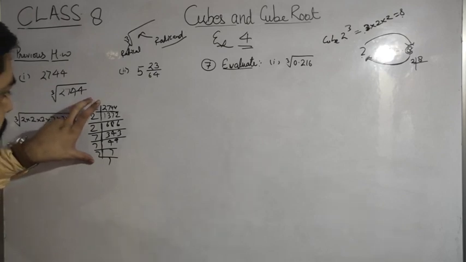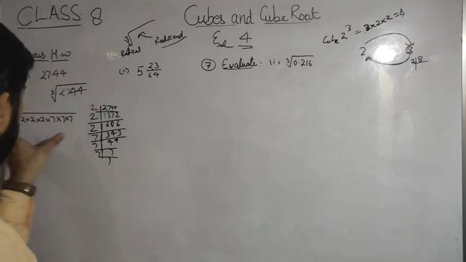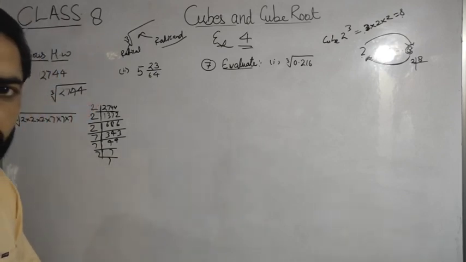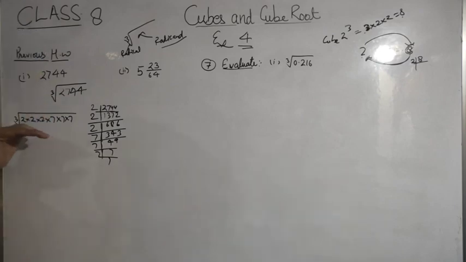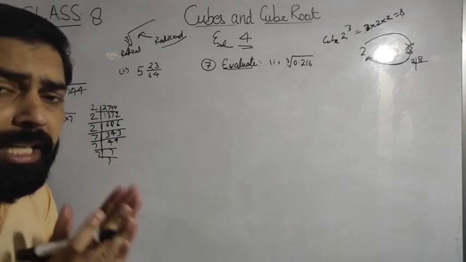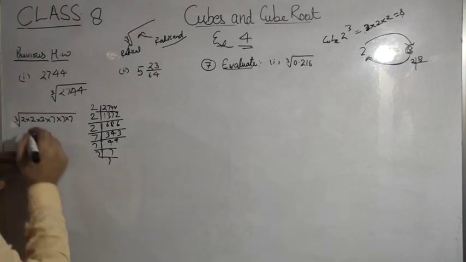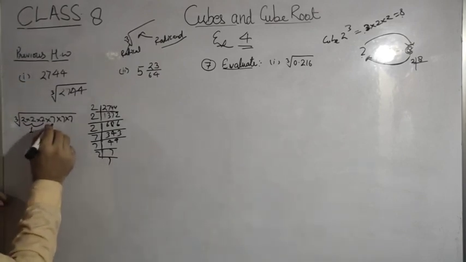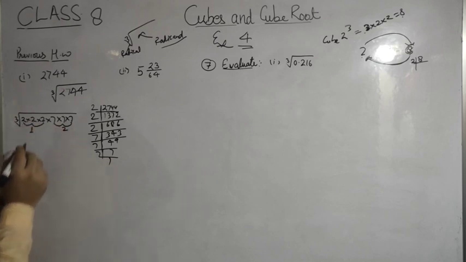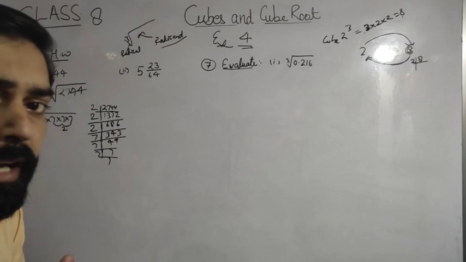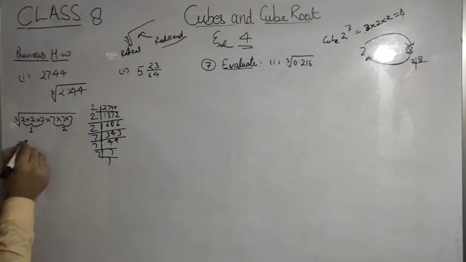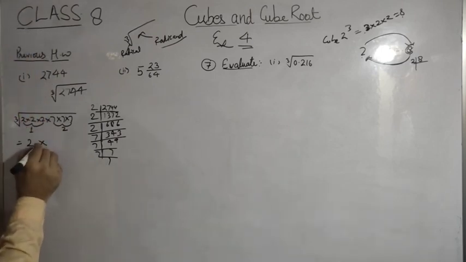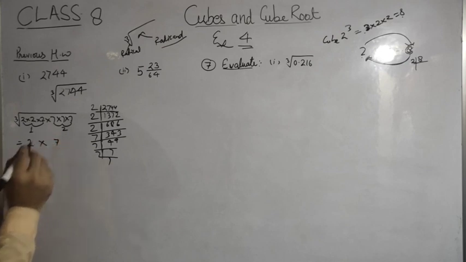First step, find the prime factors, then write these prime factors under the root, and then we make groups of 3 like numbers. First group of 3 like numbers and second group of 3 like numbers. So then we take out the common number from each group, which here is 2, and multiply both numbers, and the other one here is 7.